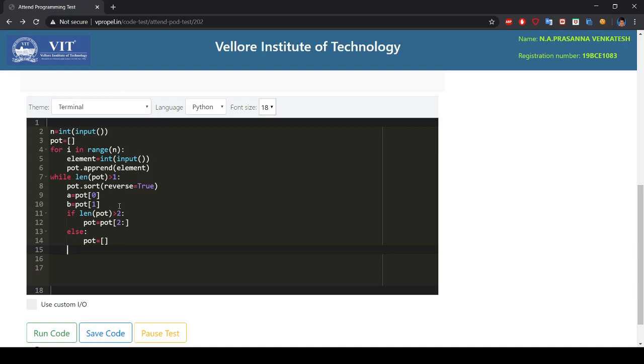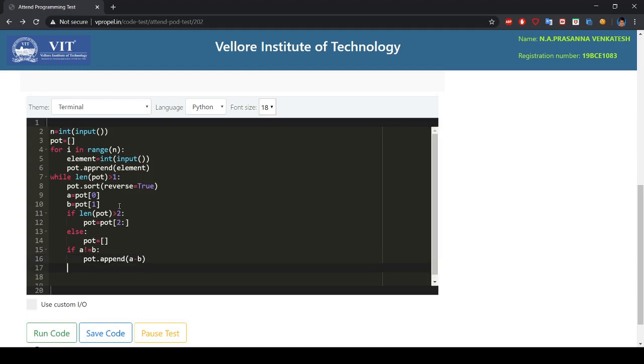We have taken the potatoes out of the list now, and we should compare them. If A is not equal to B, A is greater than B because that is the heaviest potato. Then we should append the heaviest potato's weight reduced by the amount of B, because it gets damaged by B, and the B potato totally gets destroyed, so nothing to add.